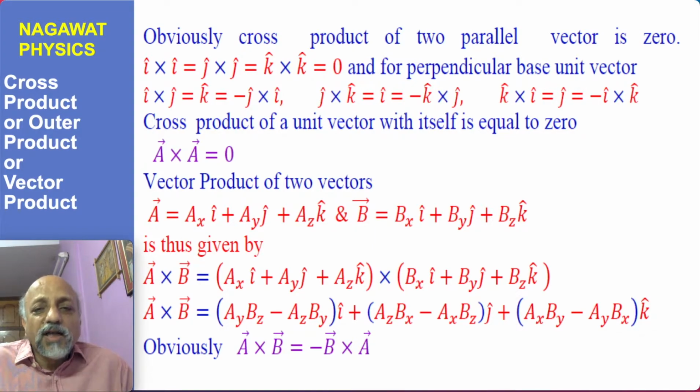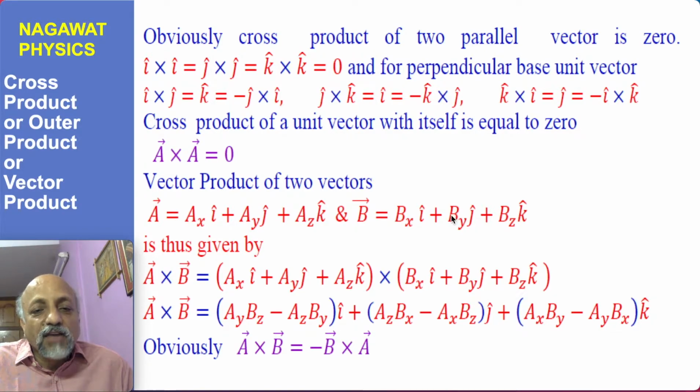So you can remember it in any manner you want, but the basic point is that we now know all the 9 expressions, so we can resolve it by using the components of the vectors. So there will be 9 terms, out of which 3 will become 0 and the remaining 6 can be clubbed. And so we have 2 terms involving i cap, 2 terms involving j cap and 2 terms involving k cap. And the result of A cross B, when you work it out explicitly, to save time in this presentation I am not doing it explicitly,